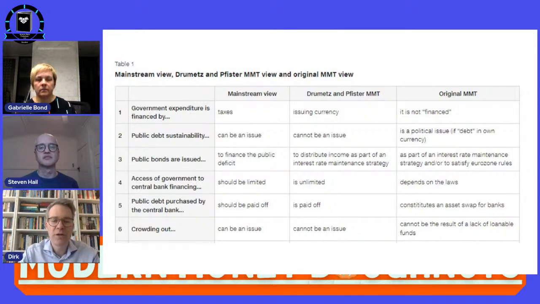If you go back to Virginia, for example, in the 18th century, they had their own paper currency. So it was not possible for them to finance that. They didn't need tax revenues, which is the mainstream view, and they even could not use tax revenues for financing. So whether you are using new paper currency or you recycle paper currency, it's a question of sustainable resource use, but it's not a question about whether you are able to spend or not. So that's why I said in the MMT view, the currency issuer does not finance at all.